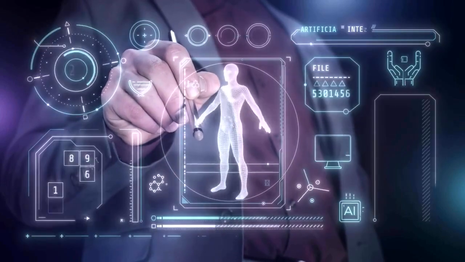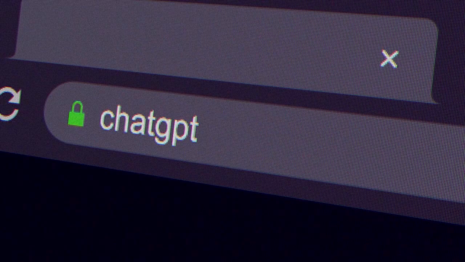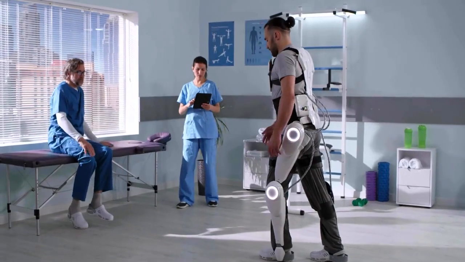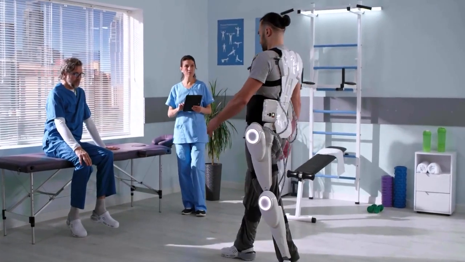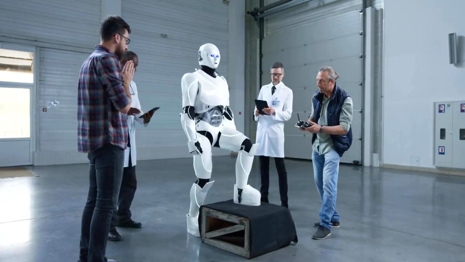The future of AI. AI is poised to revolutionize numerous fields, from healthcare to transportation. Future advancements may lead to more intuitive AI systems, better handling of ethical concerns, and new applications we have yet to imagine. However, it is crucial to navigate these advancements responsibly, ensuring they benefit society as a whole.